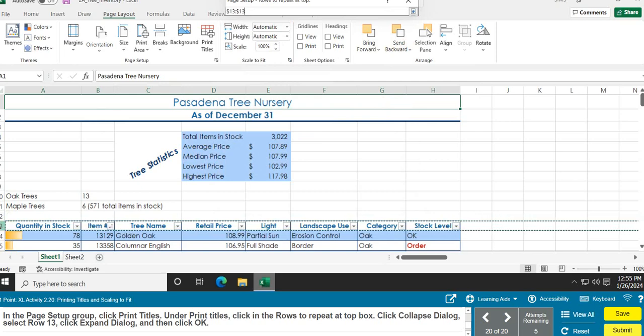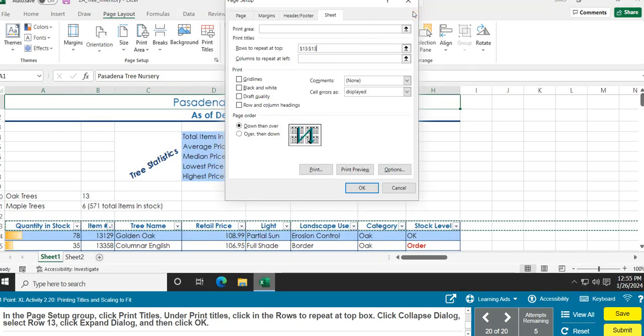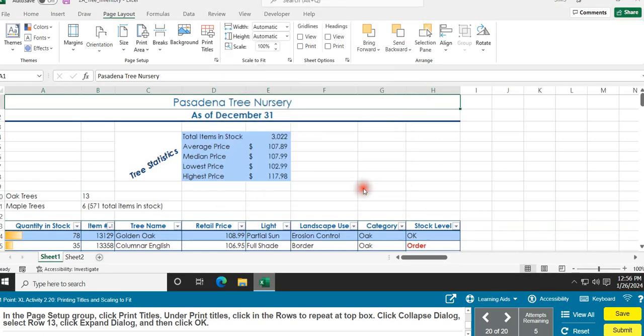Click Expand Dialog box, and then click OK. So all we did was put the cursor in this area, Rows to repeat, click this arrow, click in this row, click the arrow again, and then click OK. It made it sound very difficult, but